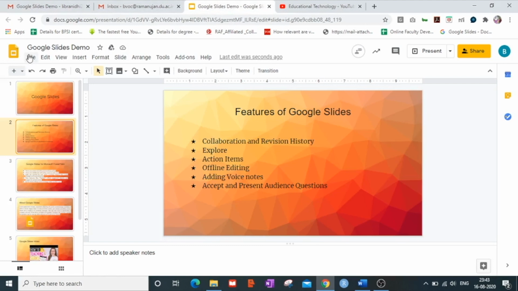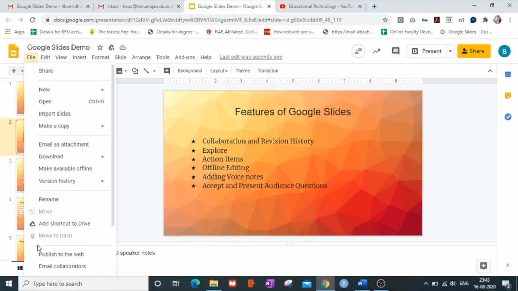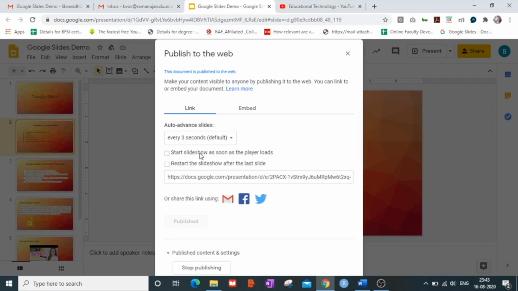Google Slides also gives me the functionality to publish this presentation of mine to the web. This feature is also available under the File tab in the menu section. Click on Publish to the web. Once you do that, you get a lot of options in which you can proceed your slides at certain intervals.